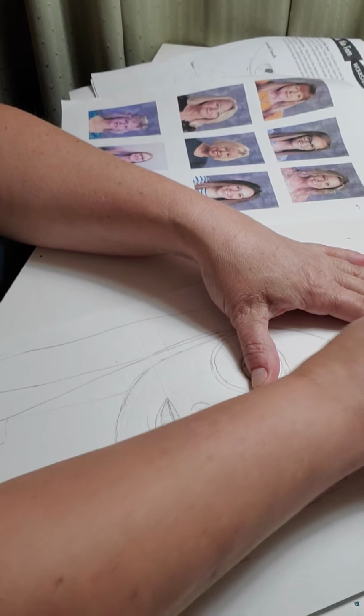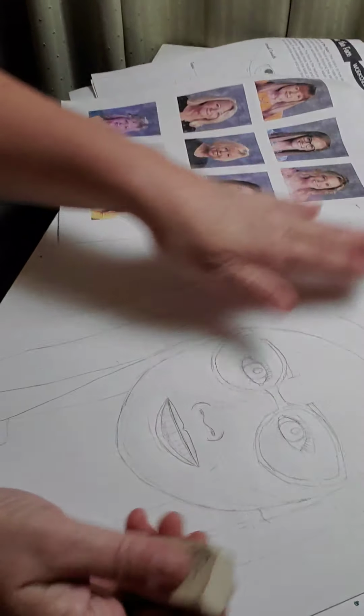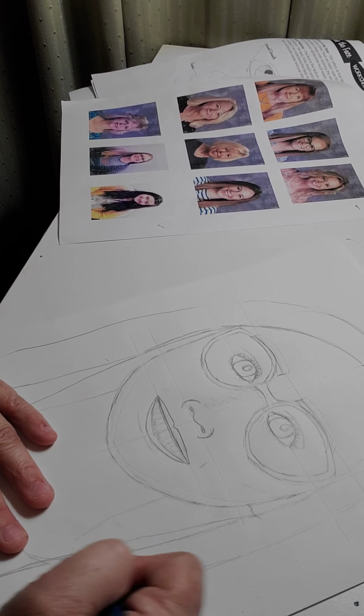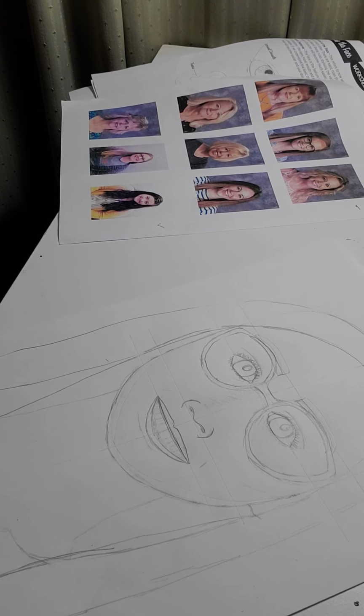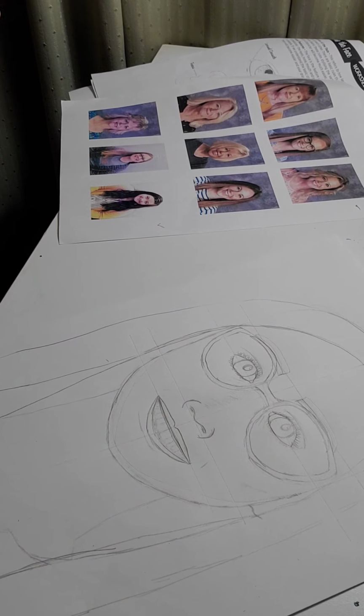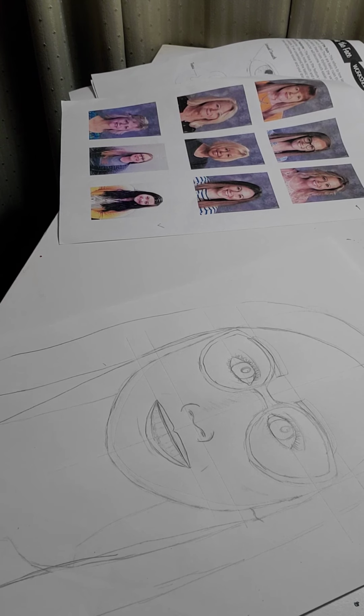If you're looking for a super realistic portrait, you're going to do a lot of shading. We are just working on the skills of where we're placing facial features, things like that. So we're going to color it in using either crayons or colored pencils,